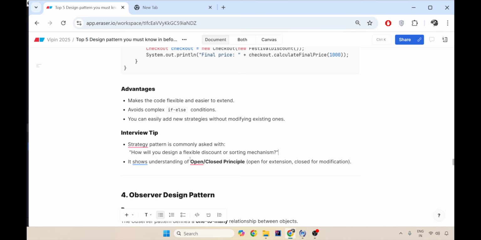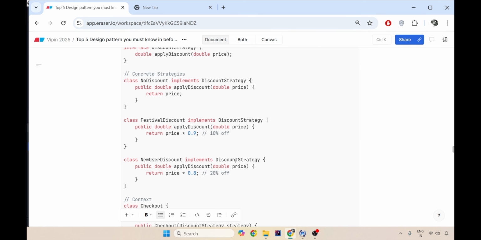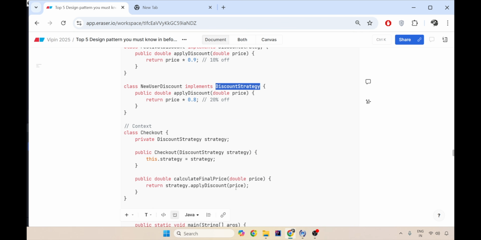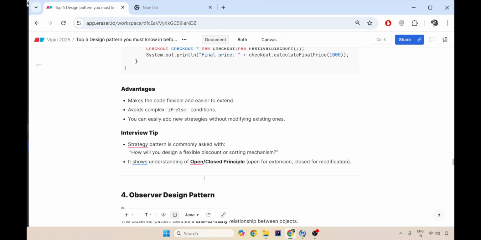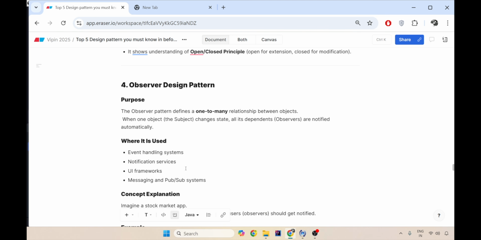Also, it is a very good example of the open close principle, where you can add any number of discounting classes just by implementing the discounting strategy. And at runtime, you can calculate that strategy and apply that discount. Now, this discount strategy is closed for modification, but it is always open for implementation with a new class. The fourth very important one is the observer design pattern, and 90% of us don't even know that we have been using it for a lot of years.